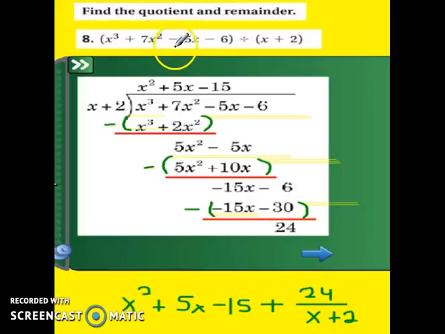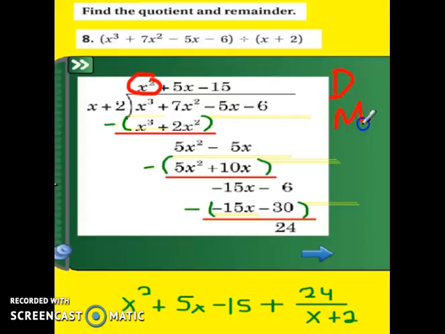In problem number 8, they want me to find the quotient and the remainder. So I decided to do long division. You can do synthetic division. You will get exactly the same answer. So if you want to do long division, remember, first you divide. So I'm going to divide first. X cubed divided by x, that's how I got x squared. And then I'm going to